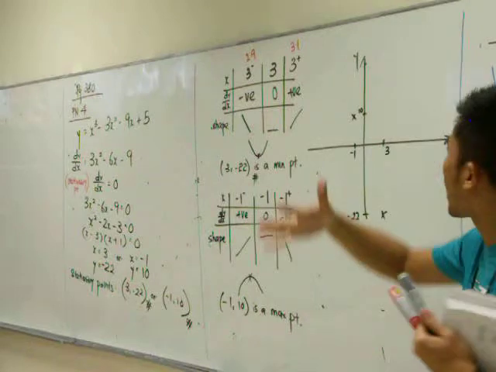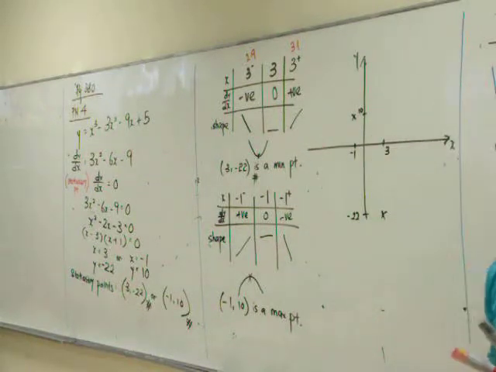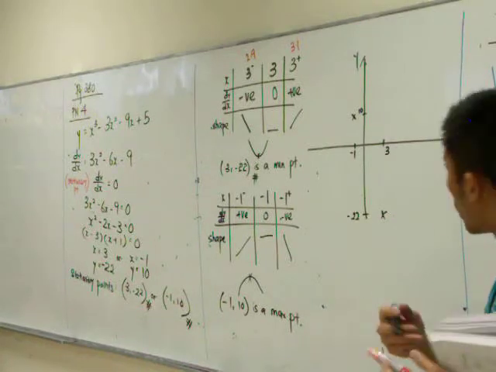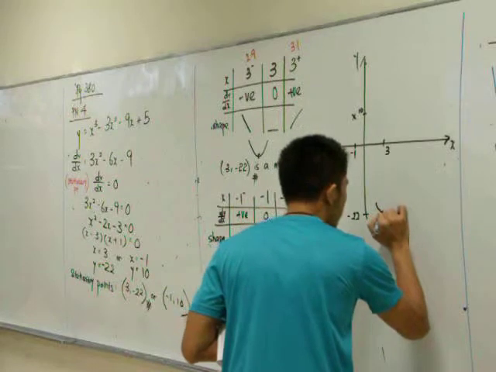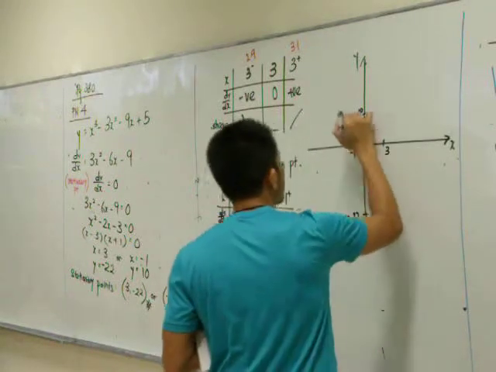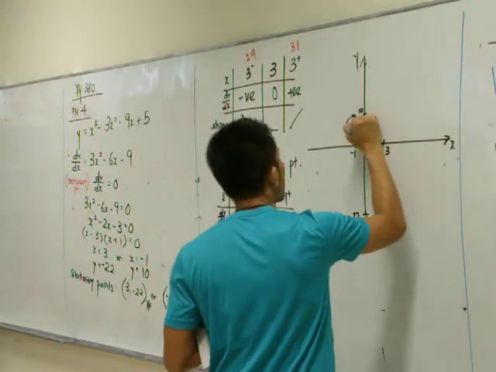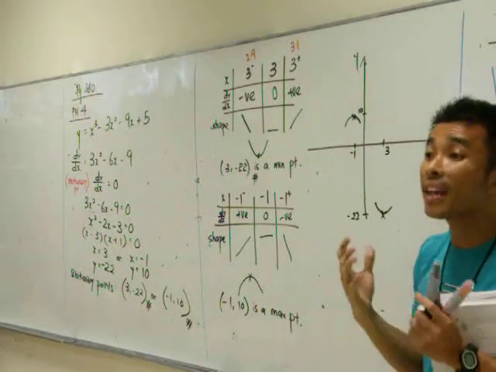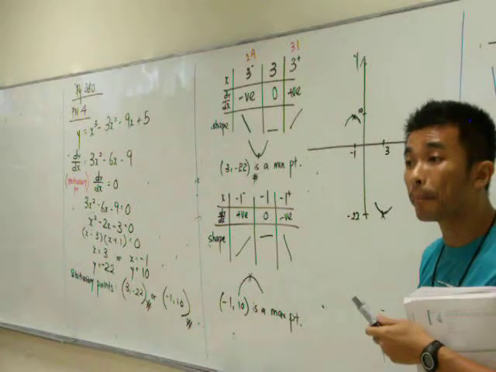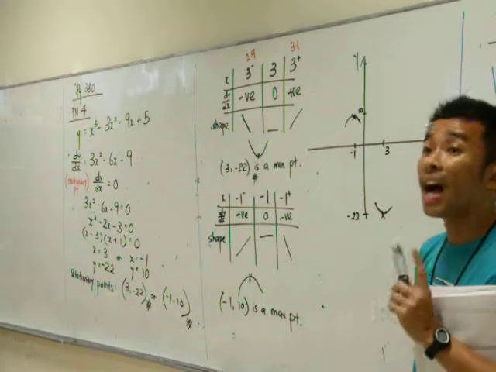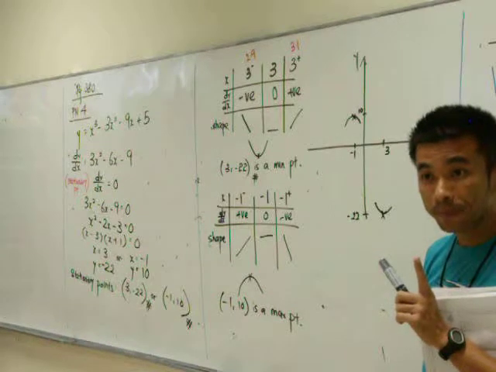What other things can I find inside this so that I can plot easily? Anyone? Suggestion? These 2 points cannot do anything. At most I can do this. Oh, Mr. Liu, this is the minimum point. I can straight away like this. Yes? Melissa, I heard it. Thank you. Where does it cut the x and y? Remember your curve sketching, what are always the first 2 steps? The x and y intercept.